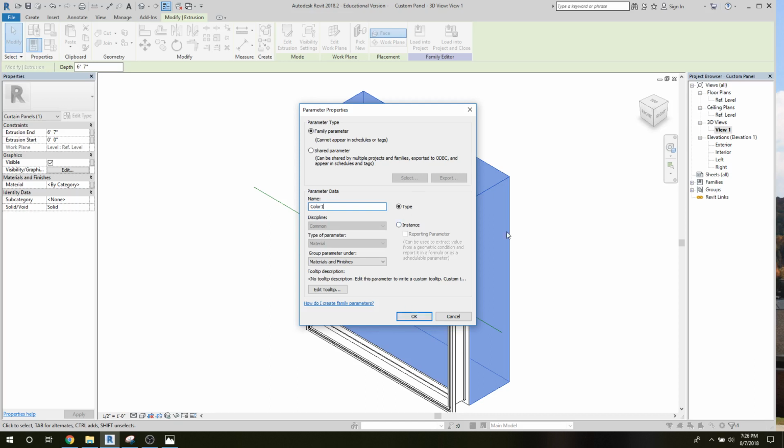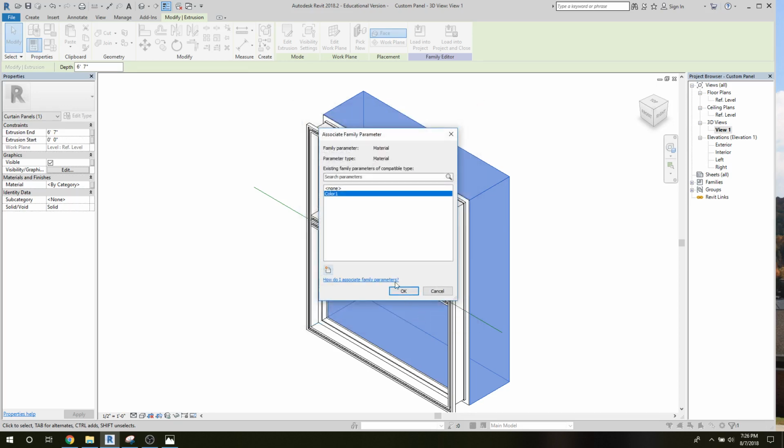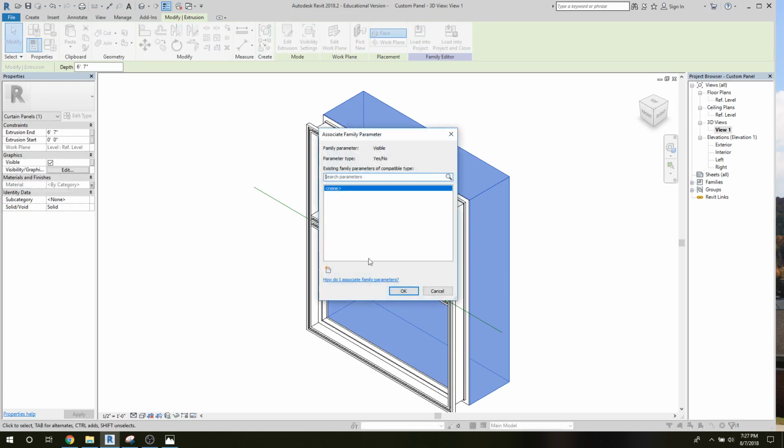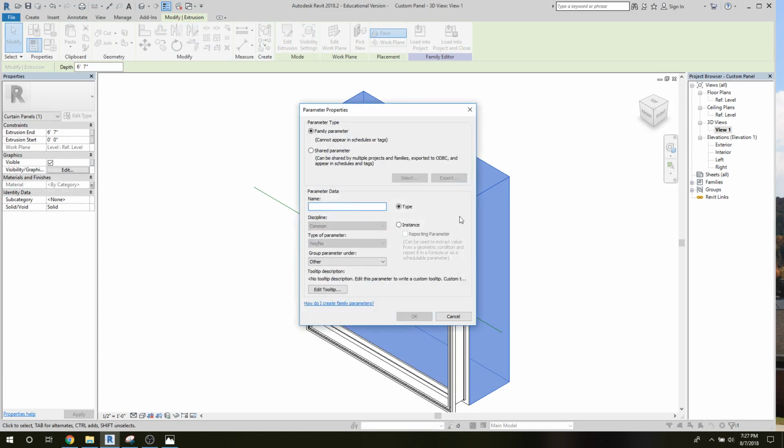An instant parameter, I could change any individual color, and that might be useful in other applications. So I'm going to select that, and that's okay. So now that has a color assigned to it, and now we don't always want it showing, so we're going to actually create a visibility parameter. So I'll click in front of that button again, in front of the visible, and I'll make that parameter right from there. And I'm going to call this show